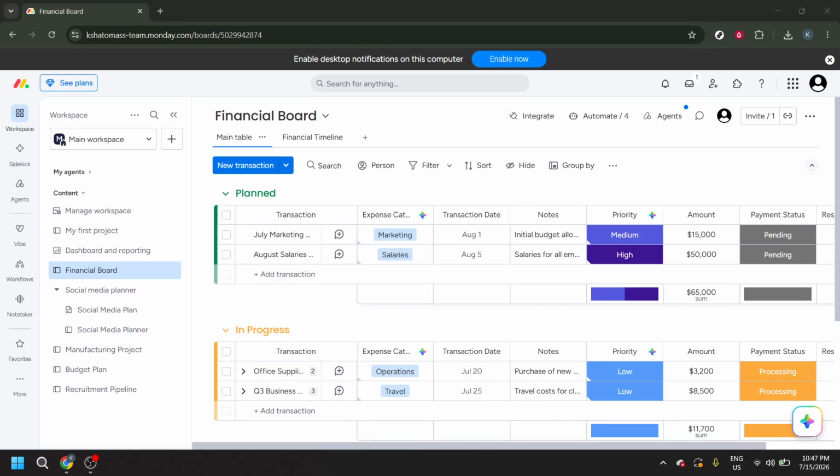In today's video, I'm going to teach you how to make different columns for all groups on Monday.com. To get started, open Monday.com and click on any board where you want to adjust what you see. This is the board where your groups and columns are already set up, and it's where you'll apply a filter